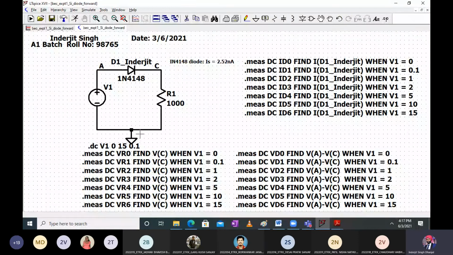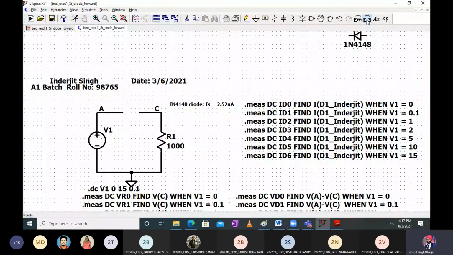We'll connect the diode in reverse polarity. Yes, let's do that. You remember, for the reverse bias, I'll click on the diode and bring it over here, and there is an option to mirror image, or I can use shift and mirror. I'll reverse the diode. Same circuit, I'll reverse the diode.